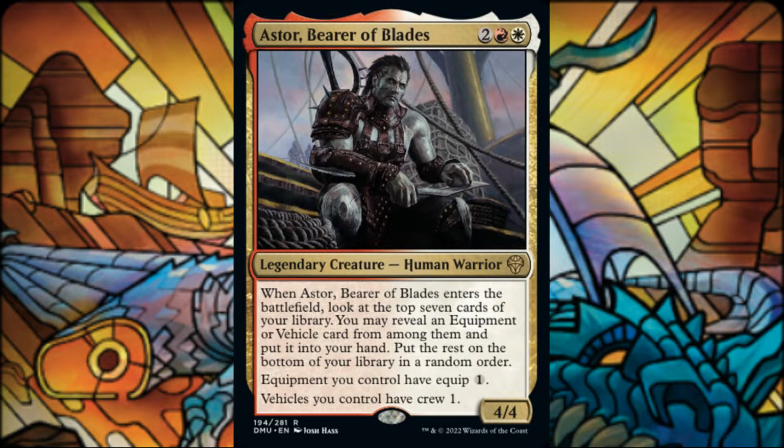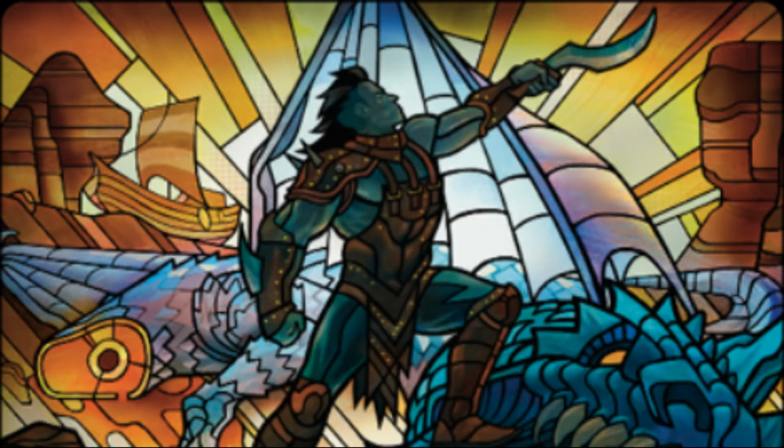When Astor, Bearer of Blades, enters the battlefield, look at the top 7 cards of your library. You may reveal an equipment or vehicle card from among them and put it into your hand. Put the rest on the bottom of your library in any order. Equipment you control has Equip 1, and vehicles have Crew 1. Basically, we only worry about the equip being 1 because that allows us to get our real commander onto the